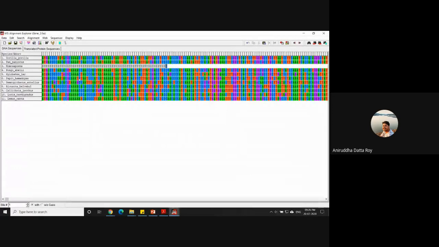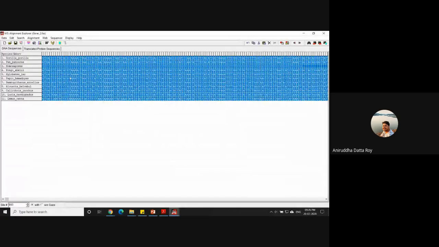Okay. So it will have to be question mark throughout. All right. So let's assume I don't have the patience to put the question marks for 993 base pairs. But yeah, let's assume that there is missing data for this taxa completely, right? So now what I'll do is I'll just click on any base, Control A, so all of them get selected, and then I copy this with Control C, and I can actually close this,